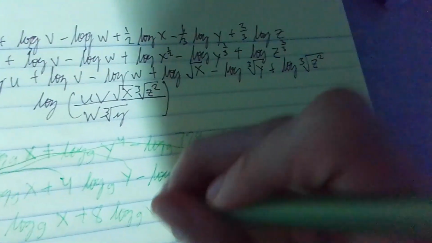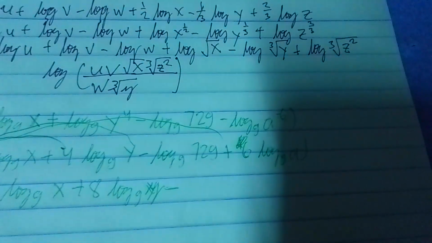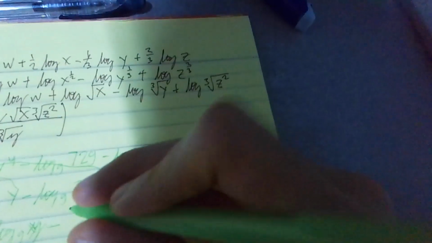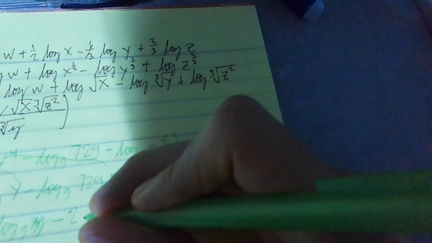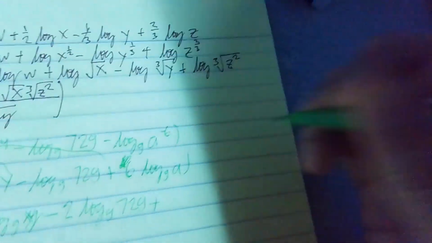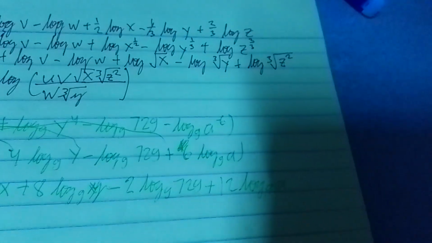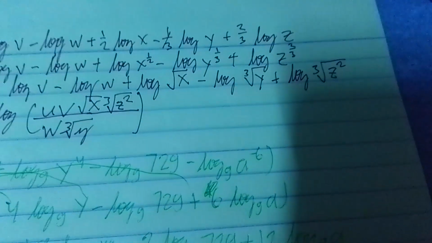What do we do with that 2? Yes, we distribute the 2. That's what we do at the last moment before we finalize this. So it's 2 times log base 9 of x, 2 times 4 is 8, plus 8 times log base 9 of y, minus, write your y properly,